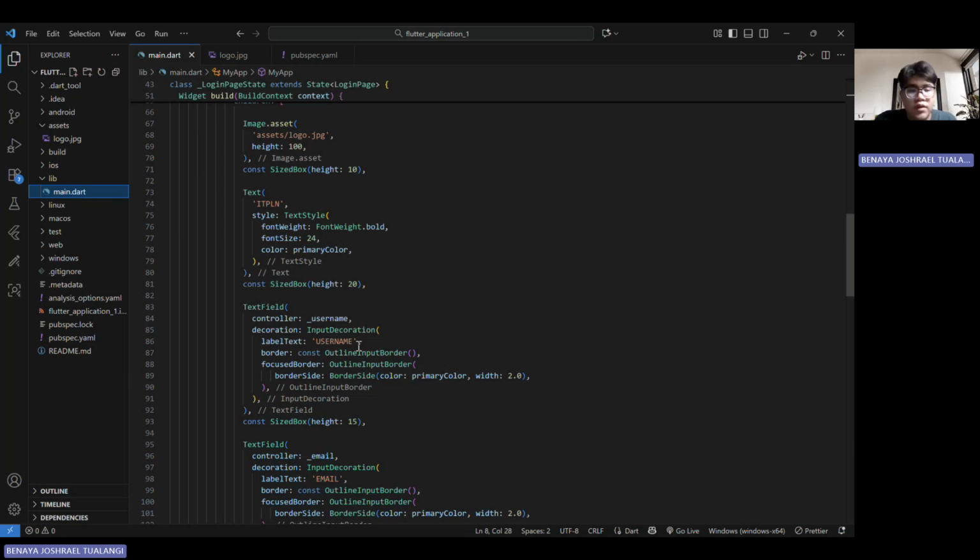It defines the three input fields, which are username, email, and password. They use the TextEditingController for data binding.